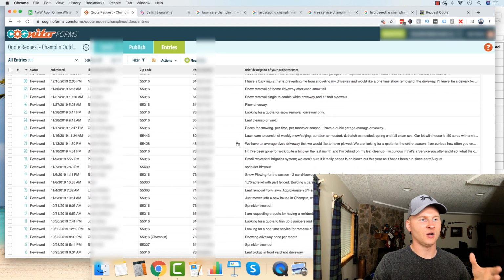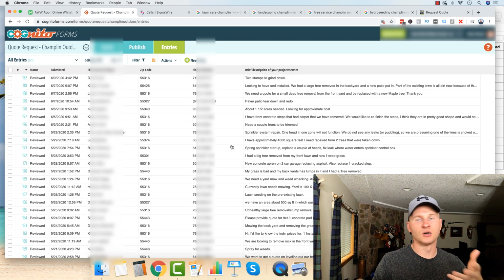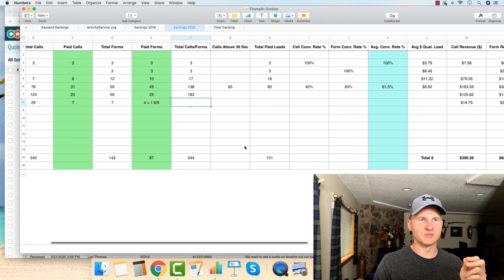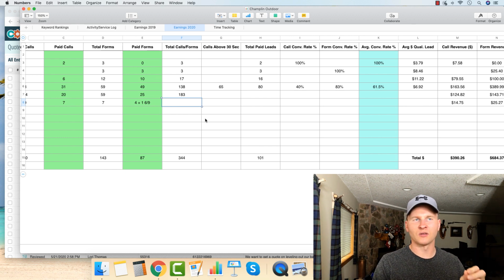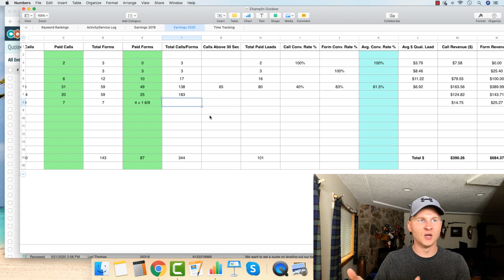But you can see scrolling back here all the way down to back in October when we put the Cognito forms here on the site. So you can see the total amount of contact form requests and phone calls equaling 344. That is absolutely insane. If this was someone's business, this is easily 6 figures worth of services right there, especially for a local company, because the conversion rate of a sale when a person does good work and they have somewhat of a brand that's been built up, or even if your company is relatively new, not well known, the conversion rate is still probably close to 50%,